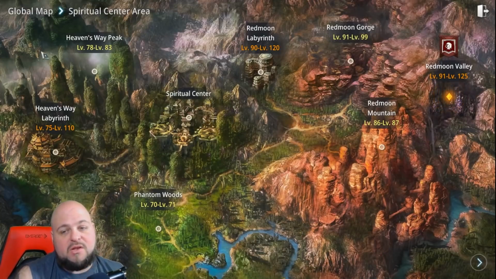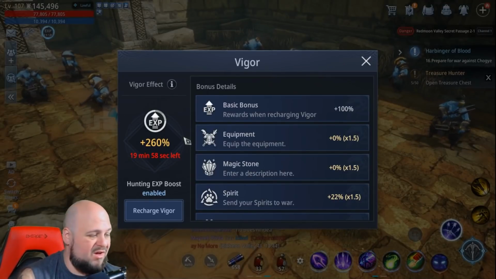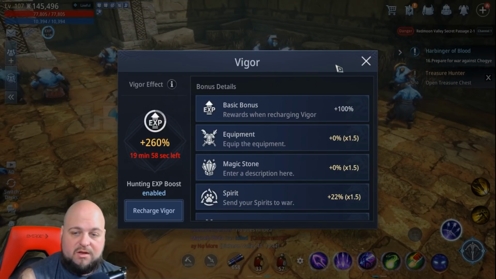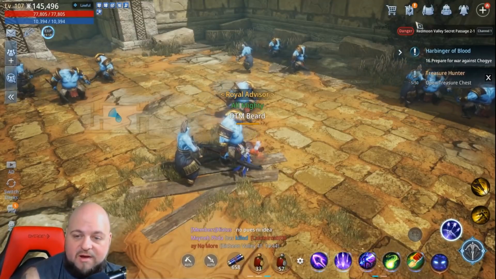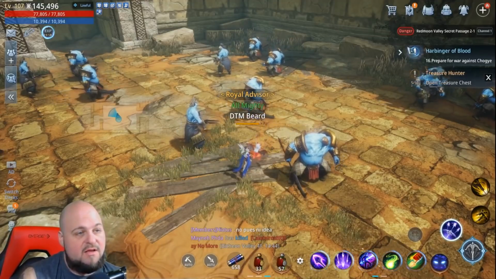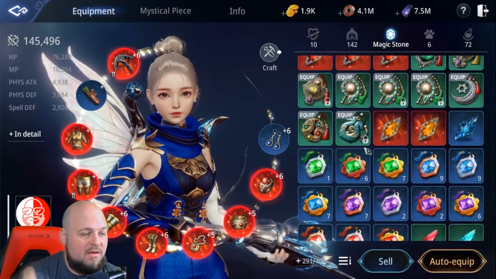Guys, it's not about how much experience percentage you have. It's not about your vigor percentage, right? I'm sorry, I got on a different set right now, but it's not about this percentage. It is to a degree, but it's also about your kill rate. Unless you've got some really crazy cracked magic stones, like some epic ones that have really good substats, like I just picked up one today that I can actually use on my farming set. So I picked up